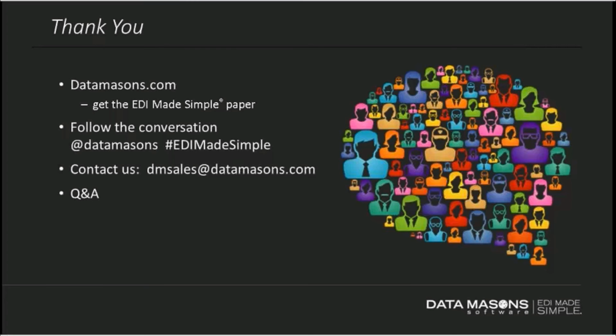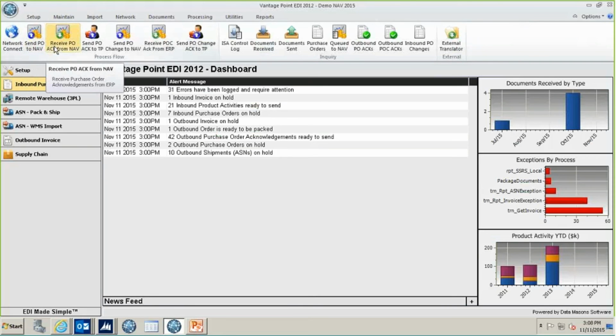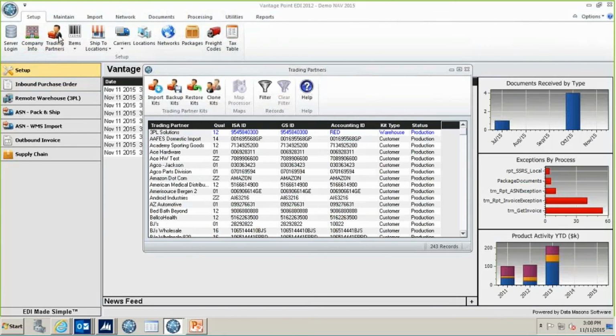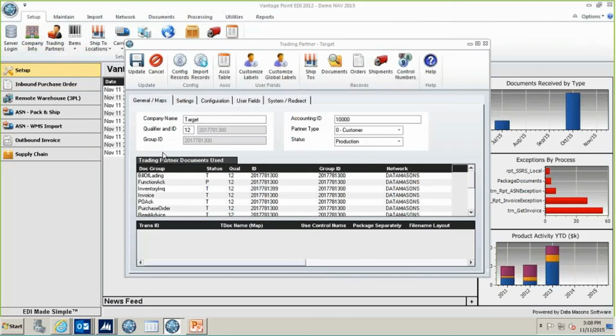Okay, we have another question. Let me see if I can read this correctly. If foreign trading partners have very specific demands, where is the setup that for trading partner A, a specific value needs to be added in the invoice, while for trading partner B, it is not required? So the answer is that all the rules processing is based in the maps and some configuration data that's configurable at the trading partner. So in my case, I have my partner Target,